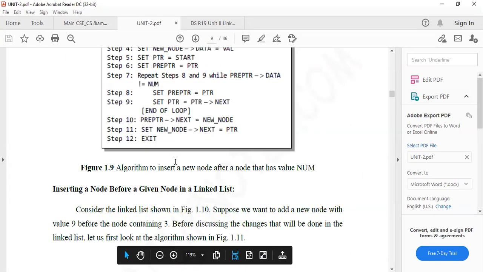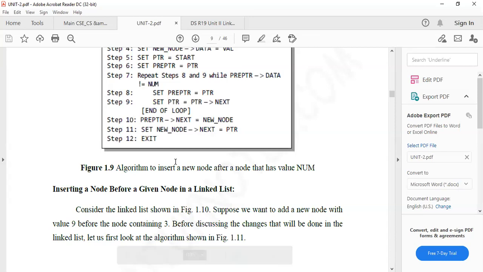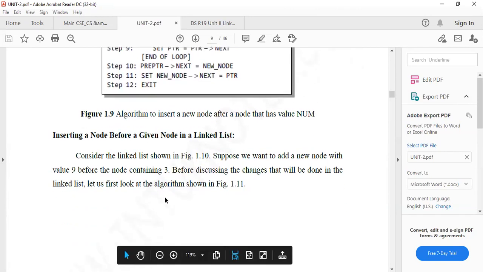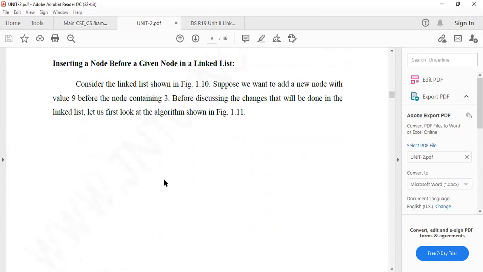In the implementation of the linked list, you can clearly understand this concept. Don't bother about this now. In the implementation part, I'll give you a clear explanation of how practically a node is added. Now, inserting a node before a given node is just the reverse of inserting after a node.